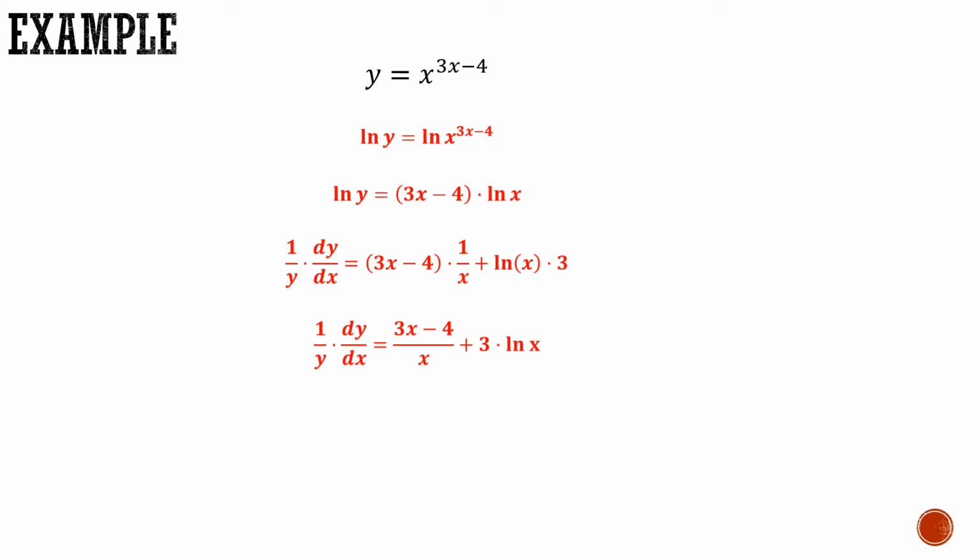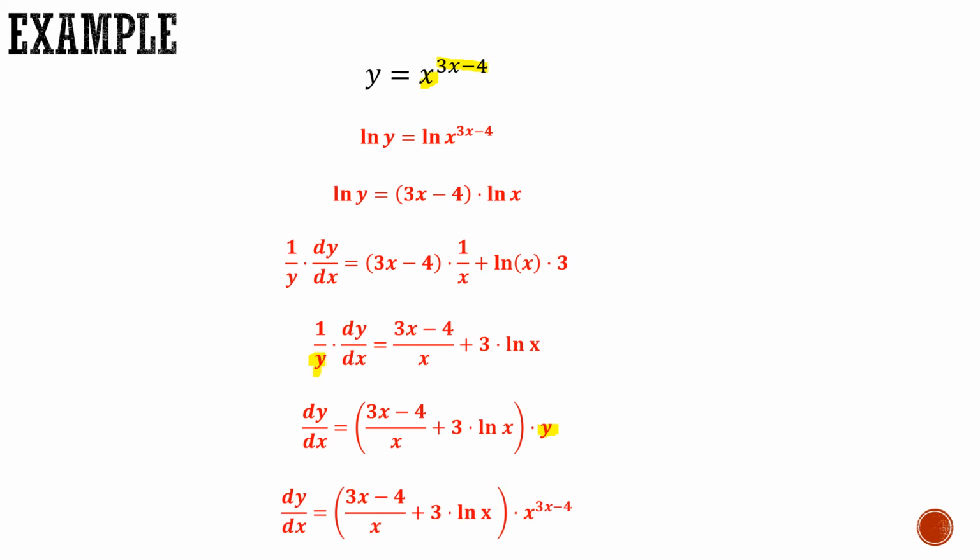So I have 1 over y dy dx equals 3x minus 4 over x plus 3 ln x. And then my very final step would be to get rid of this y here, because you have to remember we are solving for dy dx, so I don't want the y over here. So I multiply both sides of my equation by y. And then I'm going to go back and plug what y is into my formula. I have this y over here, but I have to remember that y is actually equal to x to the 3x minus 4. So I'm going to take that and throw that back into my equation,